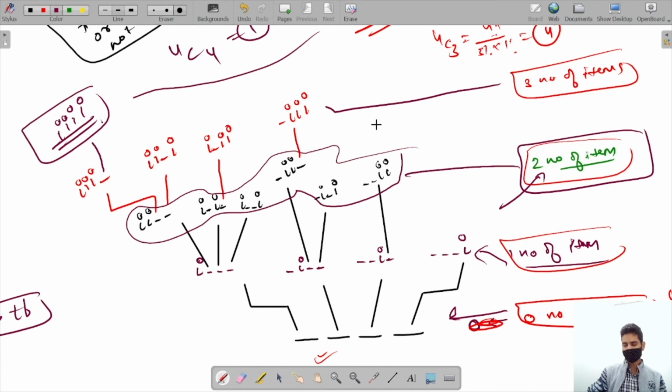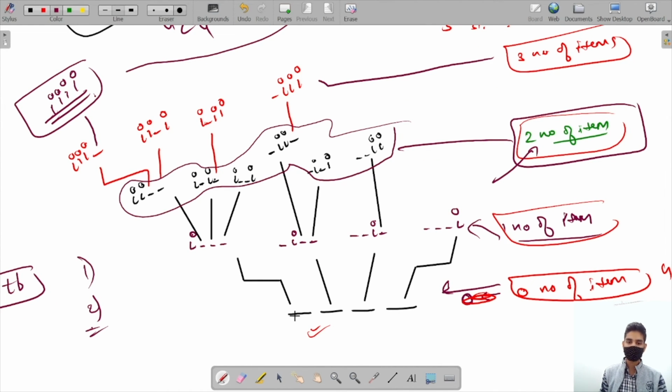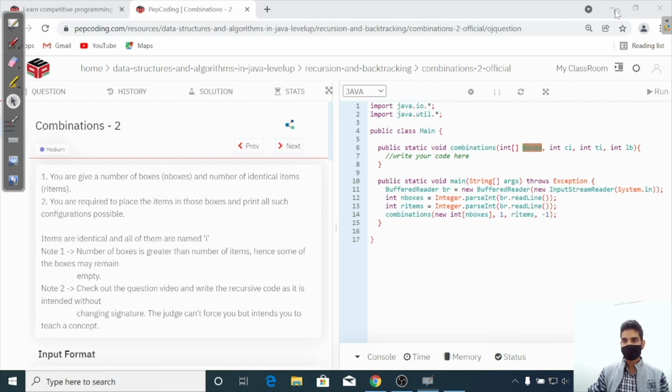I think I have explained enough. Basically, 2 choices. First method: either I will come, or I will not come. In the second, we are making choices using a for loop. So firstly, the index value is 0, so 0 to length. After that, the index value gets increased, so 1 to length, 2 to length, 3 to length, then 4 to length. Okay, so let's code this problem.